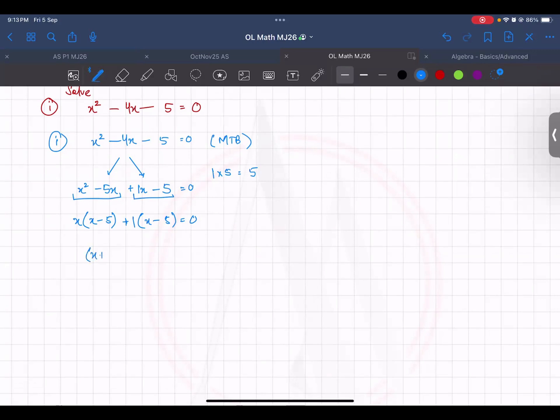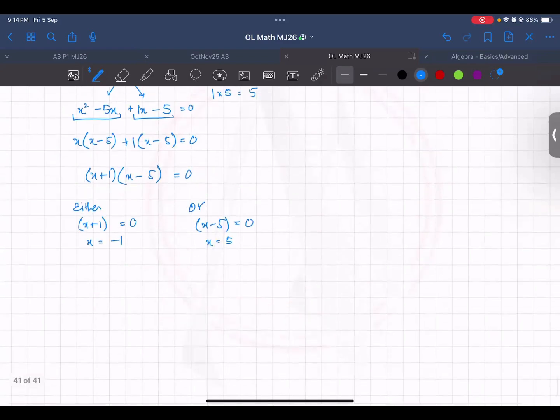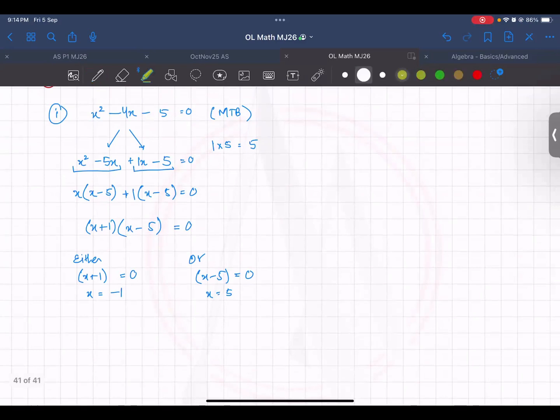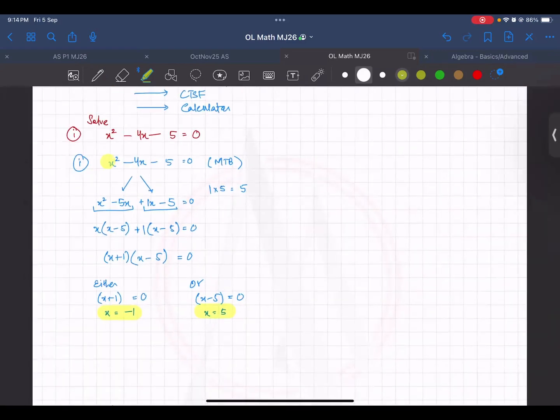Then you have x plus 1 and x minus 5 as the brackets is equal to 0. And then the last step is you do the either or. You equate each of the brackets. So you have x plus 1 is equal to 0 and x minus 5 is equal to 0. You equate each of the brackets to 0, and then you will find the value of x. Plus 1 would go over there and you will get minus 1. And minus 5 would go over there and it becomes 5. So you got two answers. Now we note these two answers. We should get x as minus 1 and 5 with the other methods as well. So this was the first method, factored form.